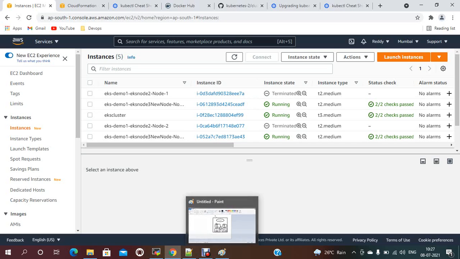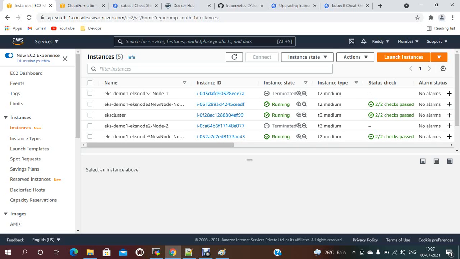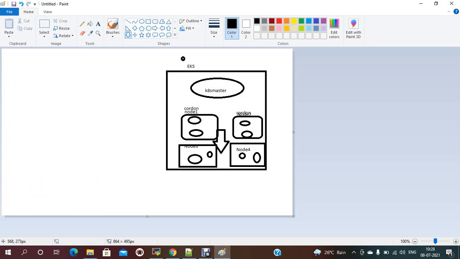So this is node upgradation, how we need to do it. There are cases where you have to delete the old cluster node and update to the new cluster node. Whatever applications you are running, you just need to use kubectl cordon with the node name and after that drain it. Whatever applications are running on node 1 should be moved to node 3, the new node group.